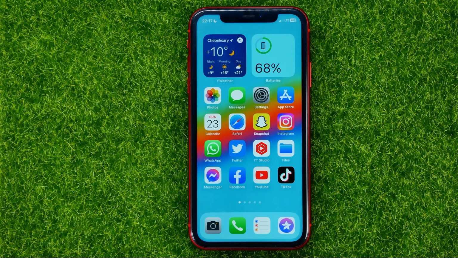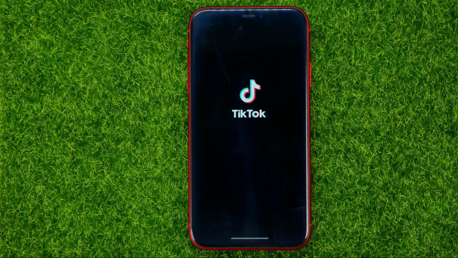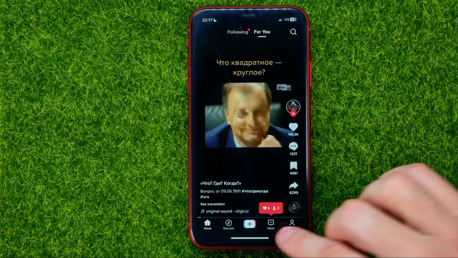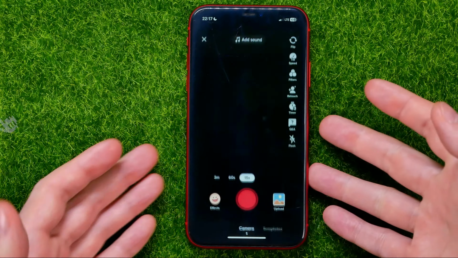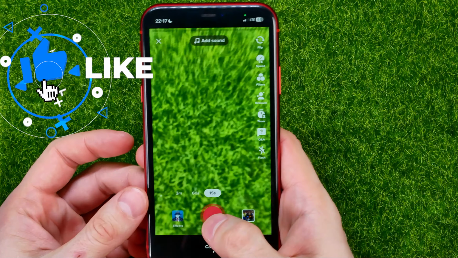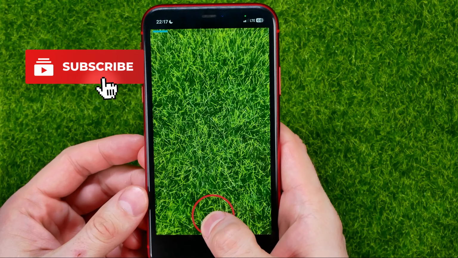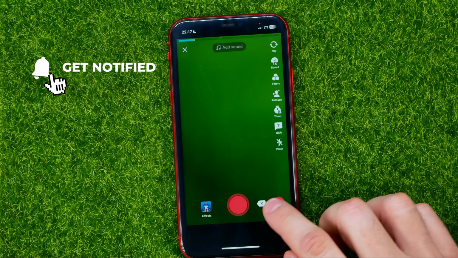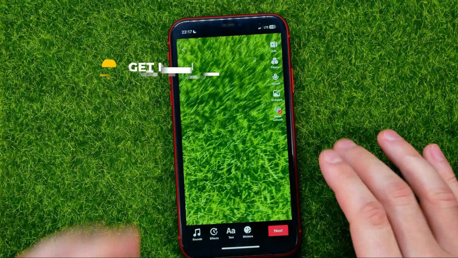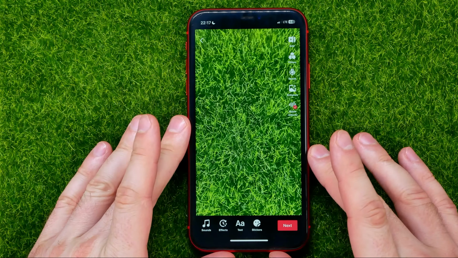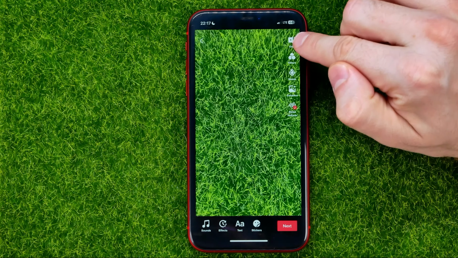So let's get started, and first off, open up TikTok app, then tap at that plus sign and record short video, just like that. Once you did that, tap at the check mark icon, and on the next step, at the top right corner,